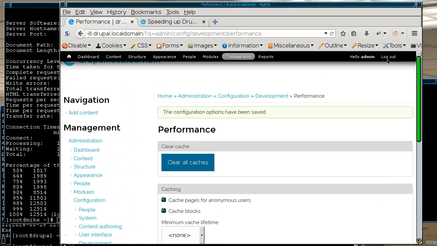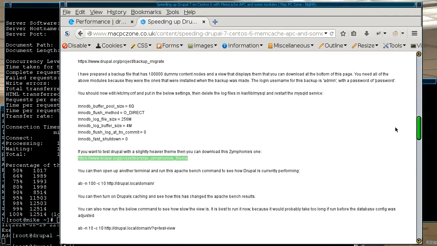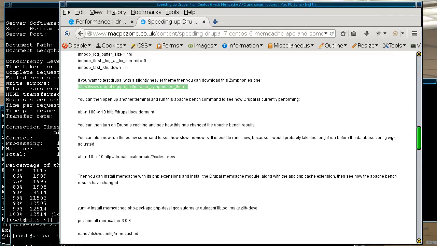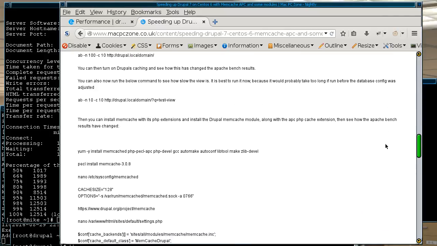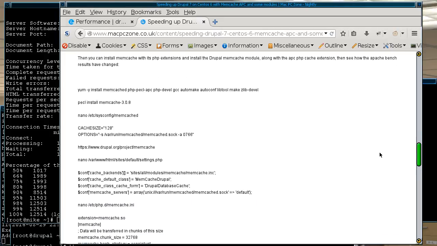But rather than sticking on that, what I'll do is move on to the next one, which is to install Memcache and APC. Okay, so now with Memcache, what it does is it puts some of the things from the cache into memory, stores it in memory. But one thing about if you're using CentOS 6 is that the